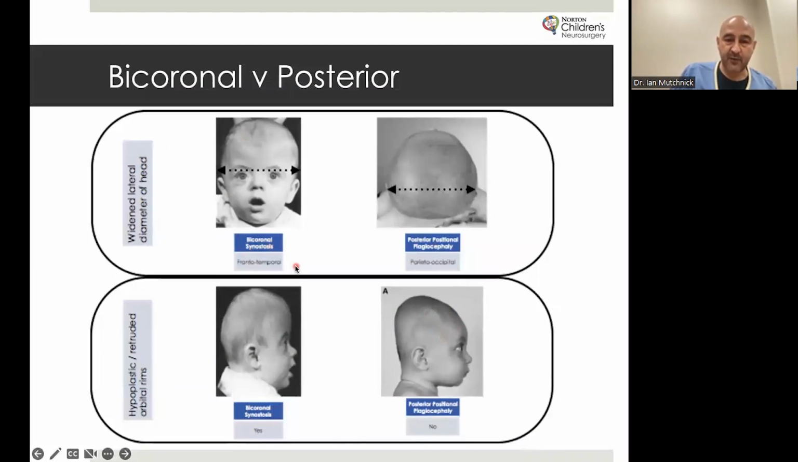With bicoronal synostosis, you get this real widening of the frontotemporal region. With posterior positional plagiocephaly, it tends to be posteriorly. The widening tends to be parieto-temporal, or occipito-parietal, really. And here you can see their hypoplastic eye ridges. This face looks flat and elongated rostrocaudally. If you were to hide everything behind here, you would deem this face to be essentially